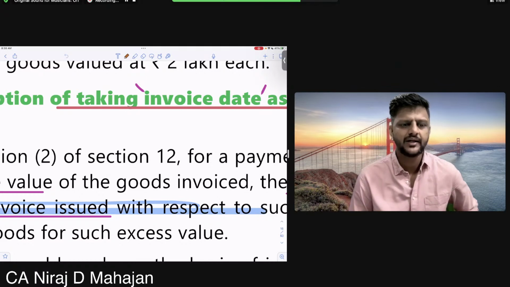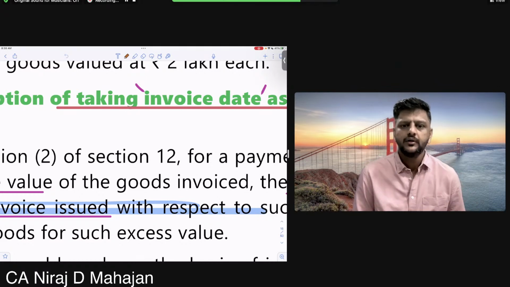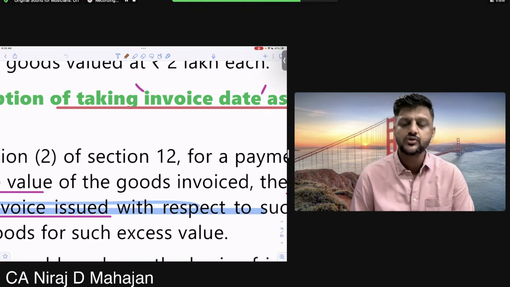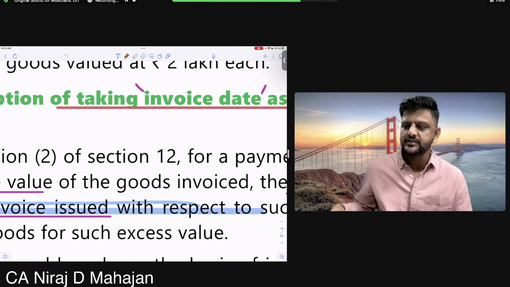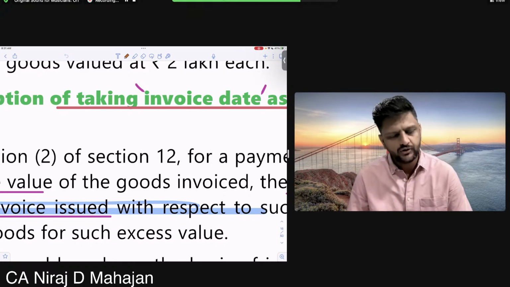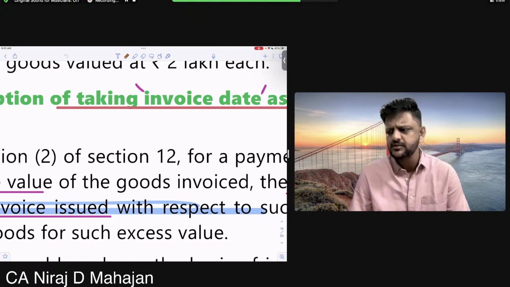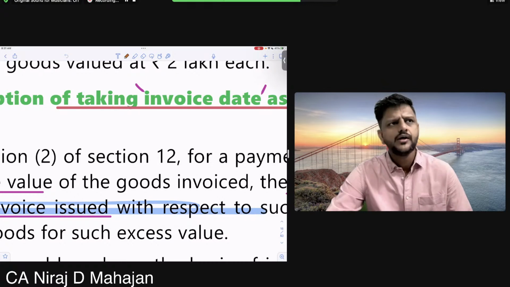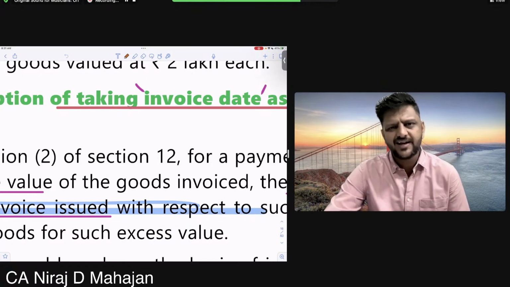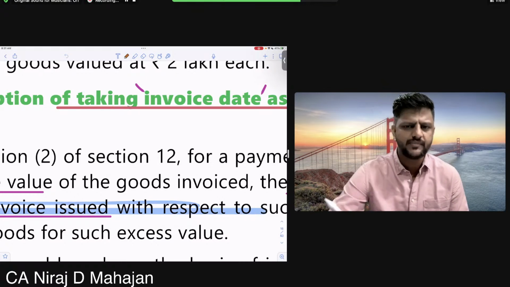Something like we had seen in accounting, whether it is on accrual basis or cash basis, whichever is earlier at times in income tax. So similarly, when are we liable? When does the tax liability arise? That is the time of supply. For that, we had seen supply of goods and supply of services. We have started with supply of goods. Supply of goods again has two cases: forward charge mechanism (FCM) or reverse charge mechanism (RCM).